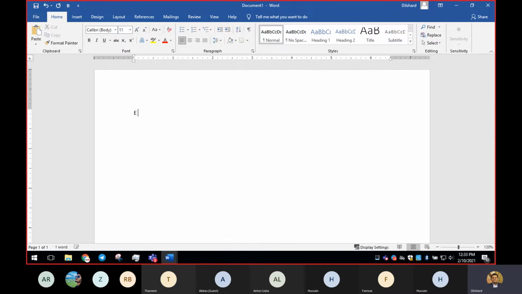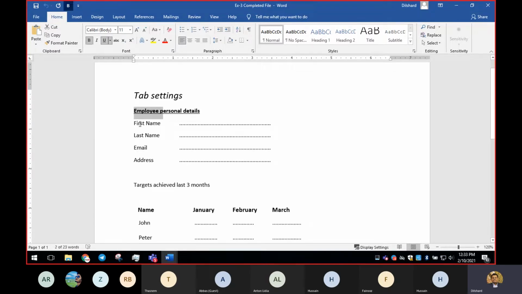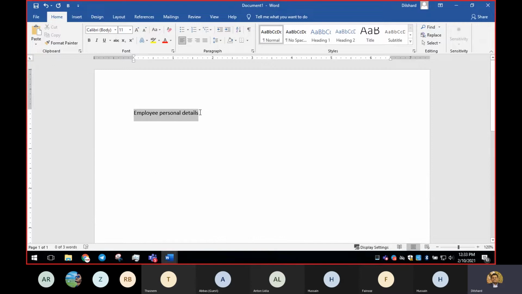So I'm going to type personal details, right? In the next row, I'm going to start typing these field names and the blank space. After taking a printout, we can ask users to write their first name here, write their last name here. It is the kind of application that we're designing, so we are trying to design an application here, right? Now for employee personal details, I'm going to apply some basic formatting: Control B, Control U, and if you really need to, you can increase the font size.